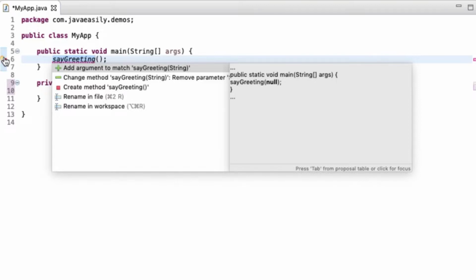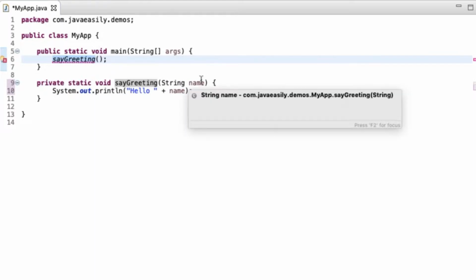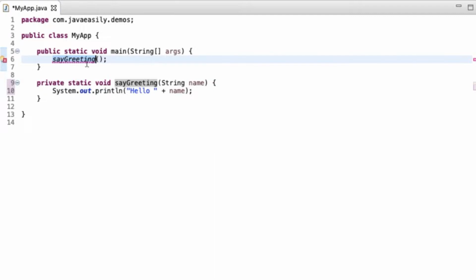Just press escape quickly just to explain this. If we pass in a parameter here, which is a string, it will match this, which means it would then work, and remove that red X, squiggly underline. And similarly as well, if we removed this parameter here, then we'd have a method which doesn't take any parameters. That would also work, which would again remove this squiggly underline and the red X. So both of those options are perfectly viable.